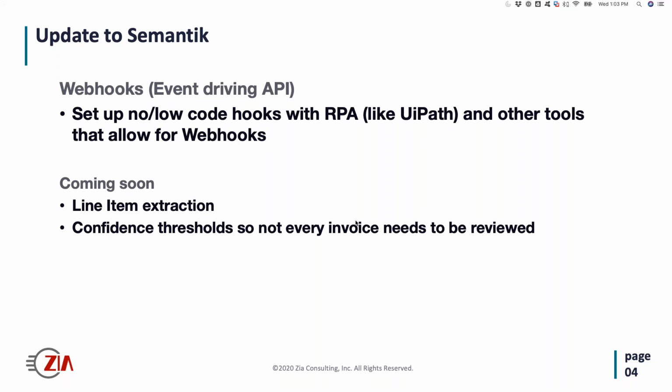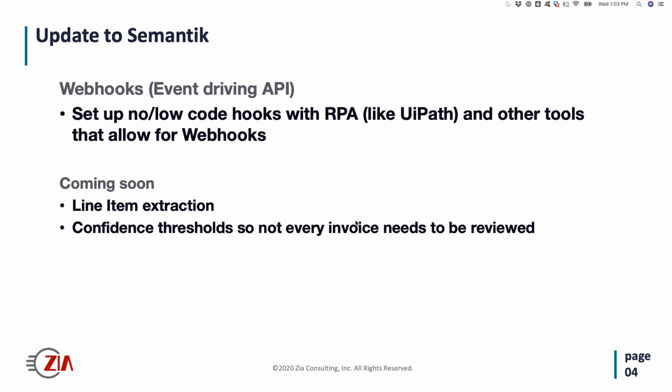What is coming soon, and soon is sometime this summer, is line item extraction. The first iteration of that is going to look very much like a manual automation. What I mean by manual automation is the capability of being able to look at that invoice and say, this column, this column, and this column, and then it will suck in all the rows for that particular invoice. They're then going to work very fast on automated extraction. I expect that more in late summer. So there's a lot of tabular data going to be coming out of that invoice extraction.